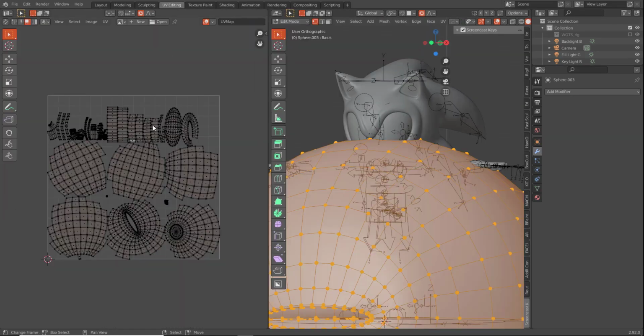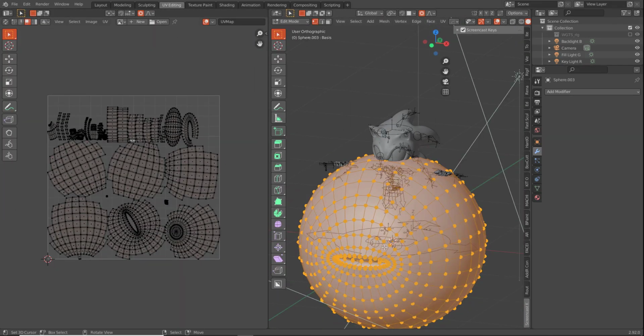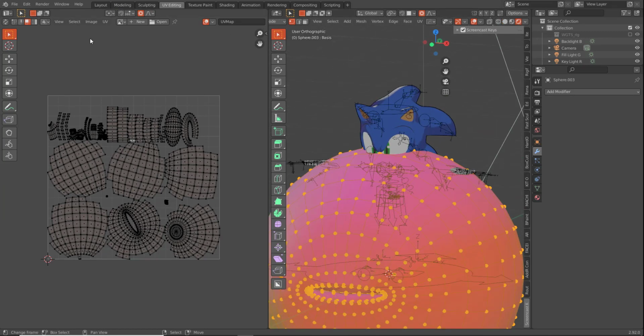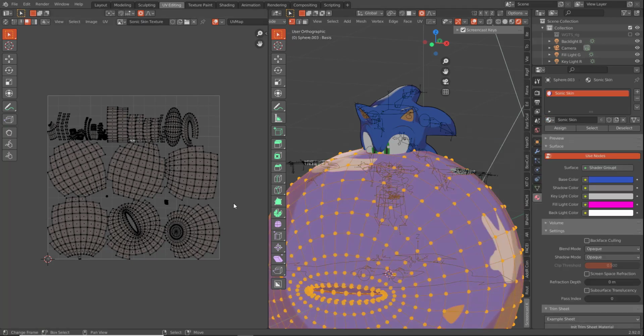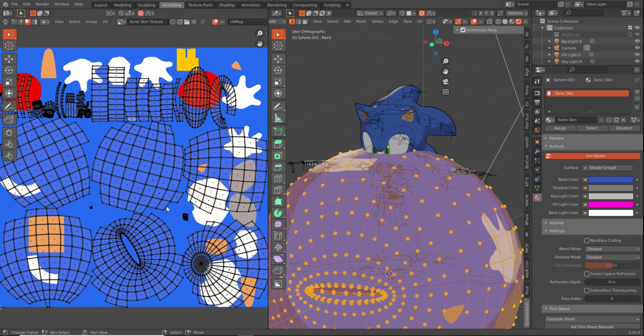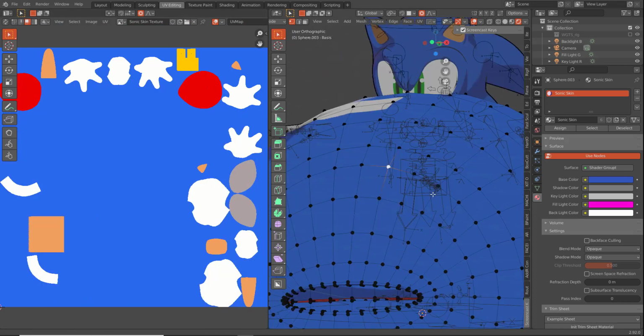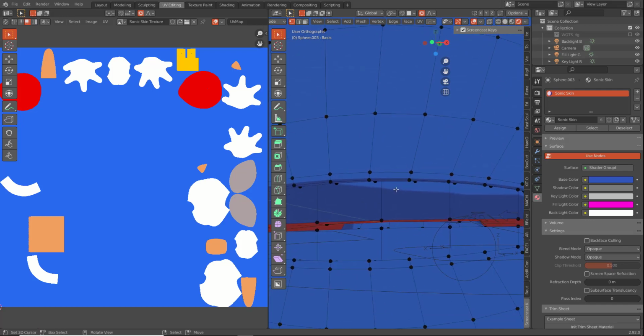Let's go to UV editing. We have our sphere here. Let's make sure we're still in shaded. Now what we want to do is we want to go to the material, add the Sonic skin material, and we're going to come in here